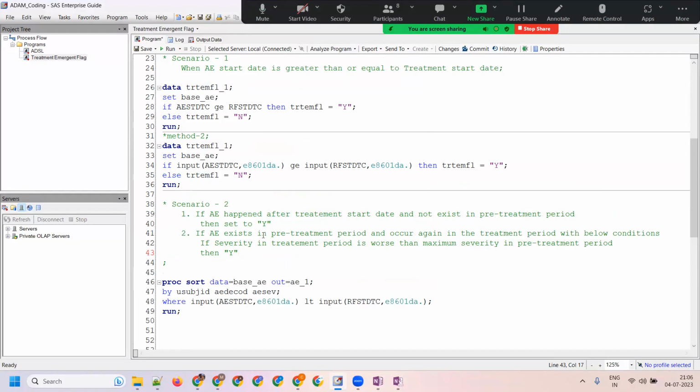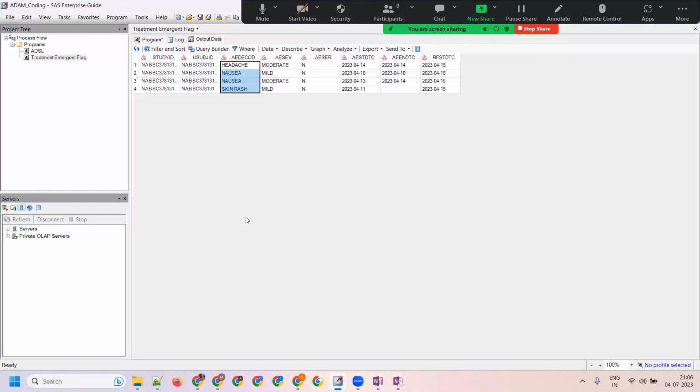For the first scenario, we had to merge by both subject and consider the treatment emergent flag 1 data set, if A equals A, and merging. But here you are missing one more thing. How do you get the maximum severity? That I haven't got yet, right? So for the first scenario, we are